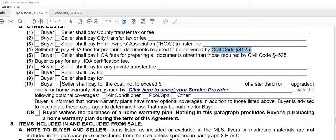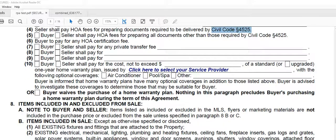Now, unless you're buying a fixer-upper and you already know you're going to do a lot of work, I would think most buyers would want to buy this home warranty. Now, it's nice to have a lawyer on your team, because I know I've had to help people collect on these things, because,